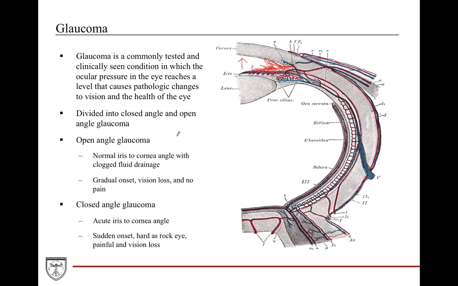But the difference in how they present is very significant. Open angle, when it's just like a clogged drain kind of problem, is gradual onset. It has vision loss that's gradual as well, and no pain. Closed angle is the one that's more acute. It's sudden onset. Your eye feels hard as a rock. You try to touch it, and it's very painful, and you do pretty much get very immediate vision loss. And these often have to be managed either surgically when it's acute, or with some sort of drop-based medication when